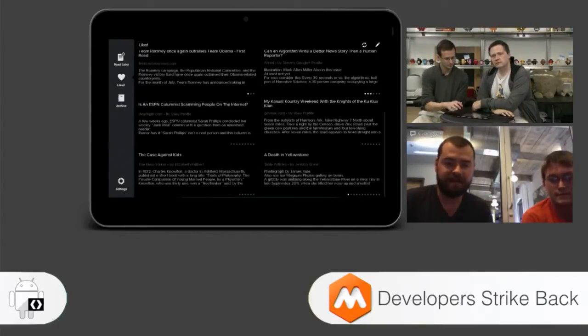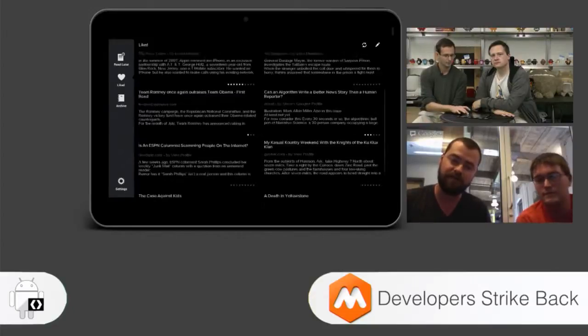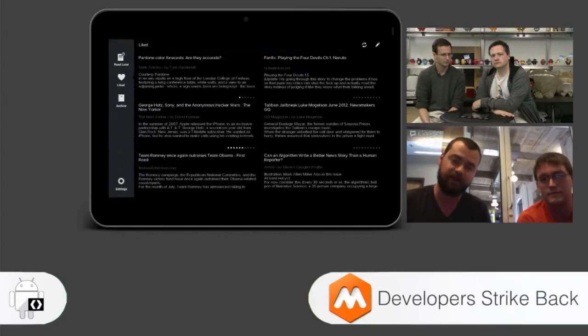And so that just goes to that same tenet, and we believe that the content is king in Instapaper, and we want to give you as much content as possible. We're not just space filling here. We put 2 columns up so that you could see the most recent articles that you've saved, or get a little bit more content on the screen so you can quickly get into that reading experience.